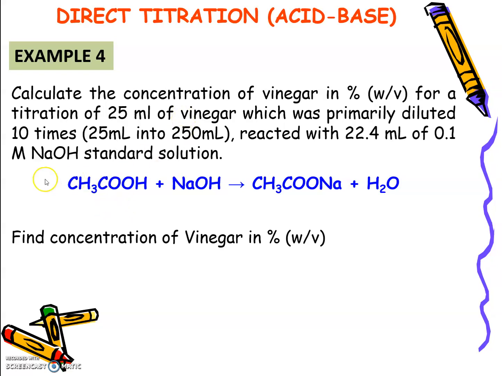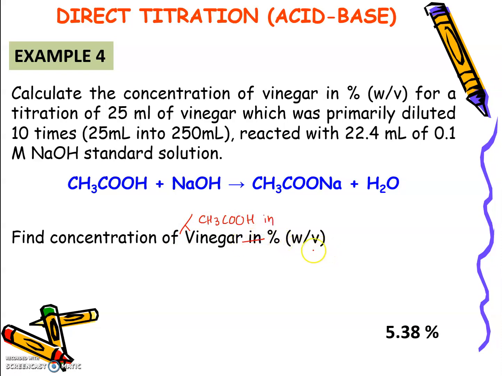Given the balanced equation, 1 mole of acetic acid reacts with 1 mole of sodium hydroxide to form product. The question is to find the concentration of acetic acid in vinegar in